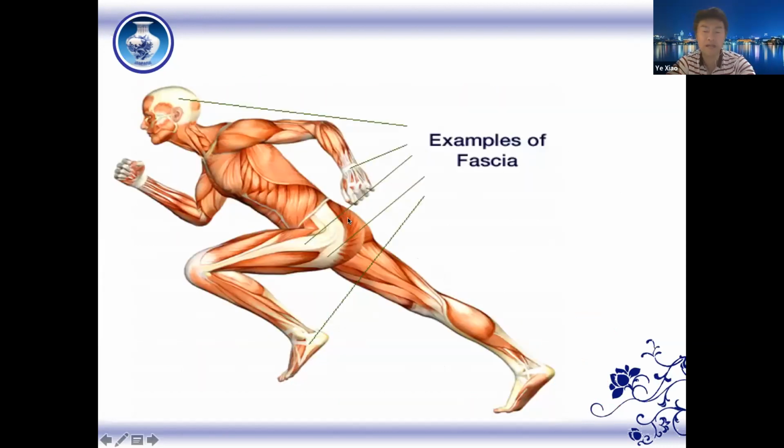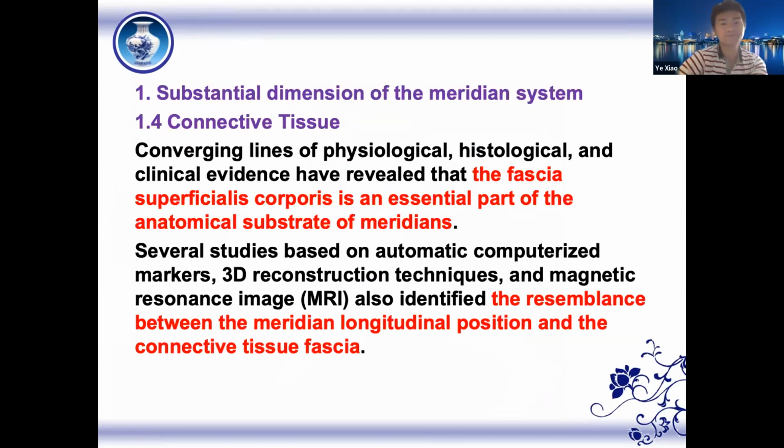Okay, so you can see the fascia, or the connective tissue, is all over the body. They are along the muscle fibers and all tissues. So this is also a very important part for the meridian essence. And convergent lines of physiological, histological, and clinical evidence have revealed that